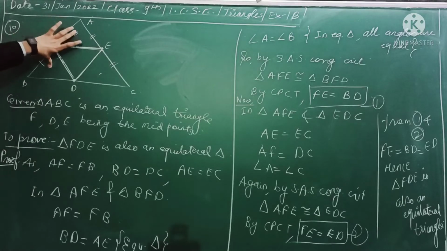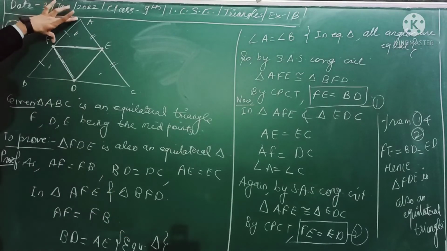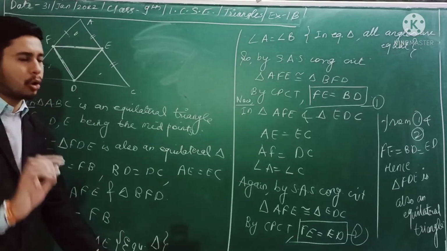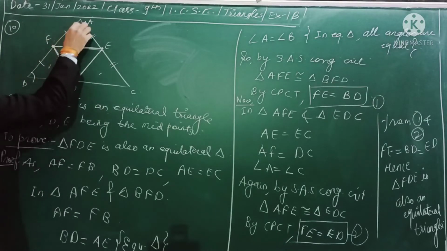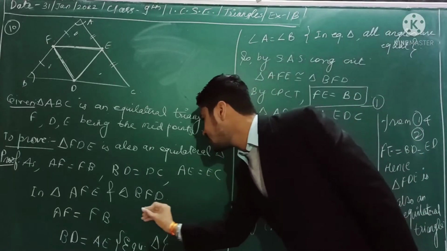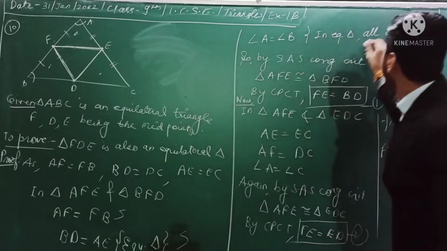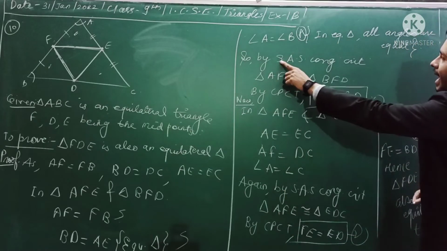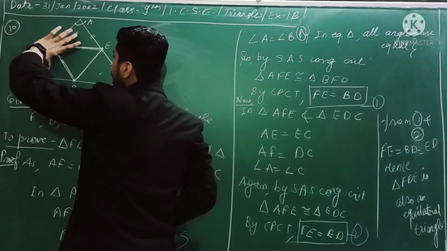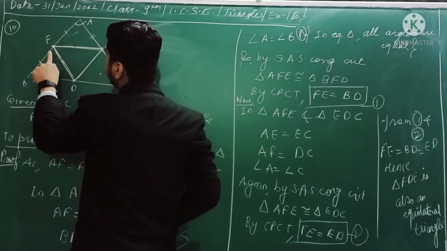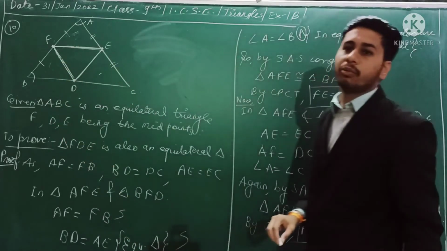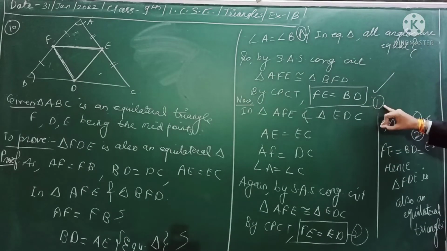Okay, so these two triangles I have taken. We can say that this side is equal to this side. BD will be equal to AE, as in an equilateral triangle all the sides are equal. This angle is equal to this angle. Why? Because in an equilateral triangle all the angles are equal. So we got one side, one more side, and one angle. By side angle side congruency criteria, these two triangles are congruent. If these two triangles are congruent, then this side will be equal to this side, because this is the side of this triangle and this is the side of this triangle. So these two sides are equal by CPCT. Let us call this the first equation.